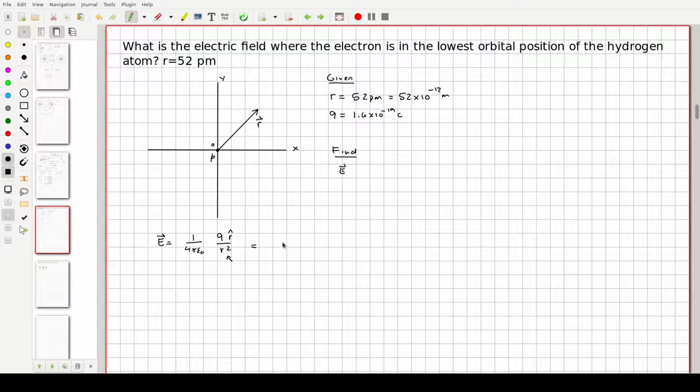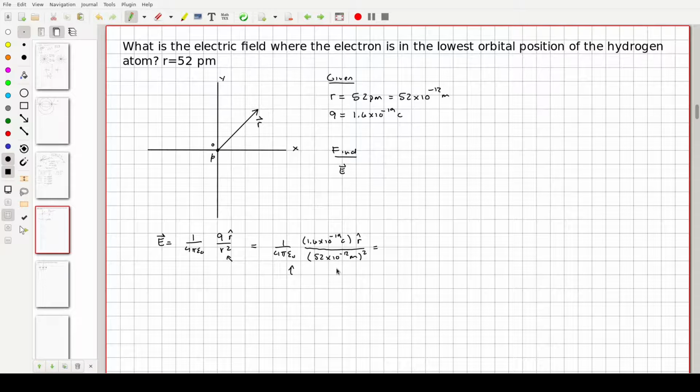And here, it would be 1 over 4 pi epsilon naught. Q is 1.6 times 10 to the minus 19th coulombs, times r hat. In the denominator, it's 52 times 10 to the minus 12th meters squared. Now, if I plug in stuff, and note the fact that epsilon naught is